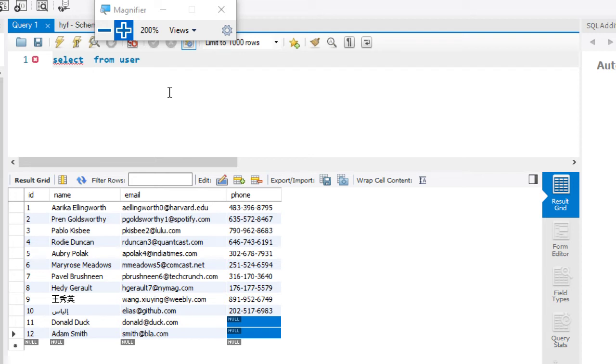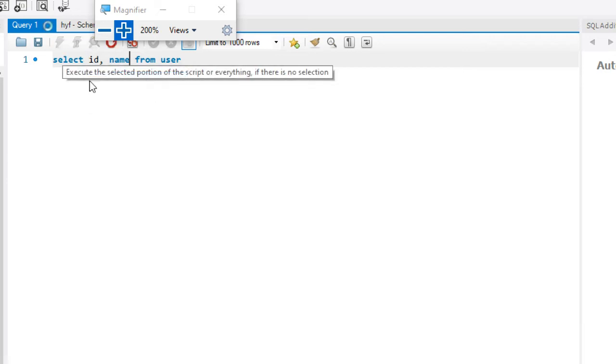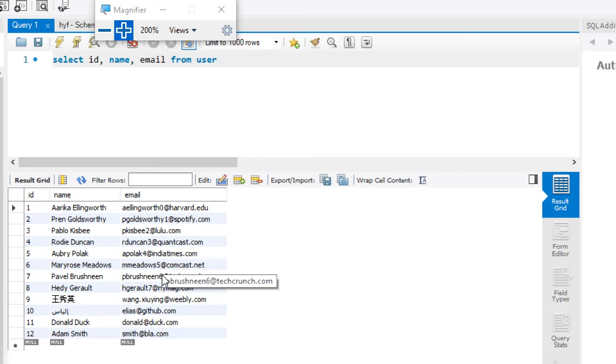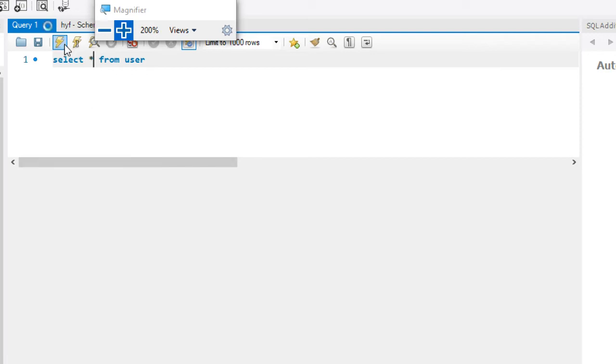So what we can do is say, I only want some of it. I only want the ID and the name of the user. So I do ID, comma, name. And if I execute that, I will only see the ID and the name. I can then again add in their email, I execute that, and I get that also. So that's basically how you select